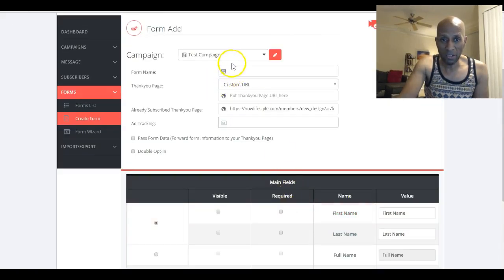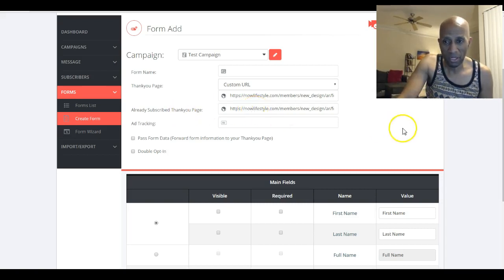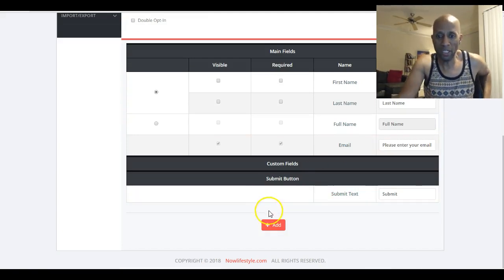So everything's in there. Test campaign, custom URL redirect here. Actually, there's two of them there. You have a thank you page, and then if they're already subscribed, you can actually have them go back to a page as well. It's pretty straightforward. All right, so then you click add,